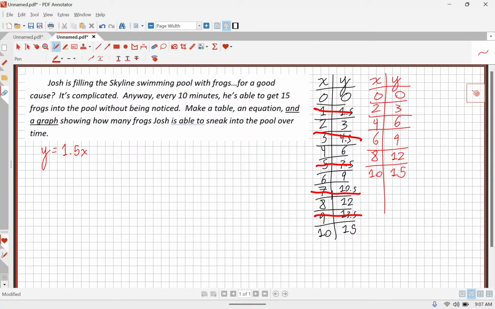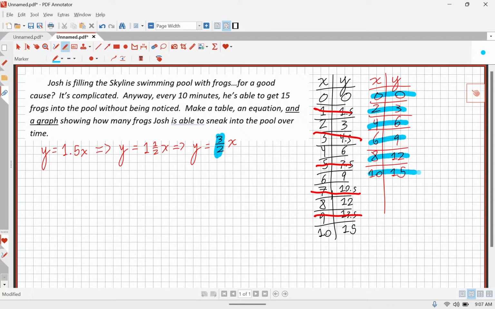And again, I'm not going to leave it like that. So go ahead, Melissa. You wanted to change it. Beautiful. Yep. The ideal way to write it is y equals 3 halves x. And I'm going to tell you guys, the reason I want it to look like this is very closely related to why I wanted to draw the table like this.